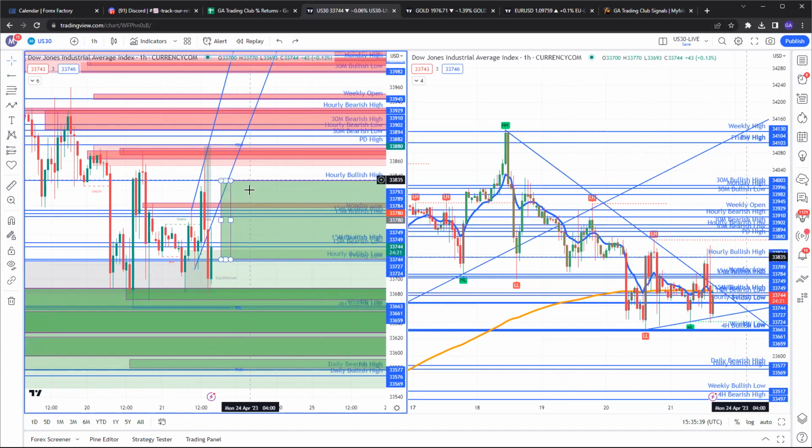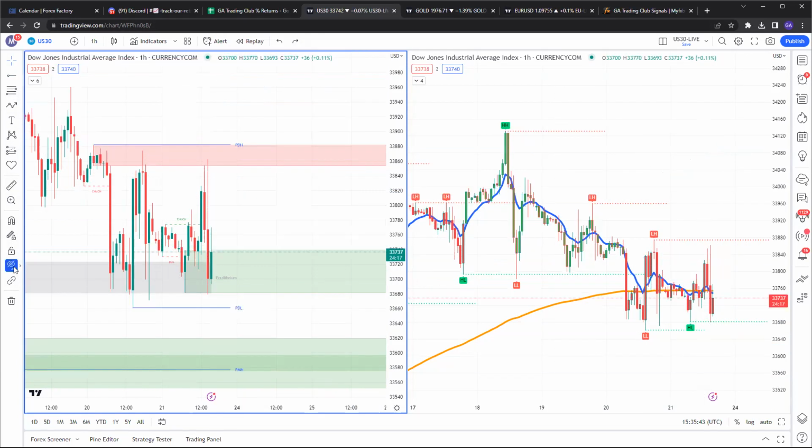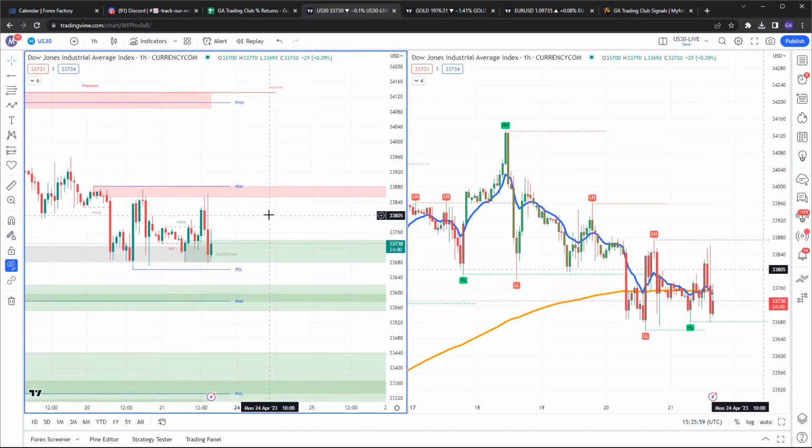But you can see mine is a bit higher, right? So that's why I'm saying sometimes the one that's given by the SMC indicator is different from mine. So in any case, the hourly bullish high and low of the SMC indicator gives a better entry than my manual markups. And the other thing I have for each time frame, I only have one hourly bearish